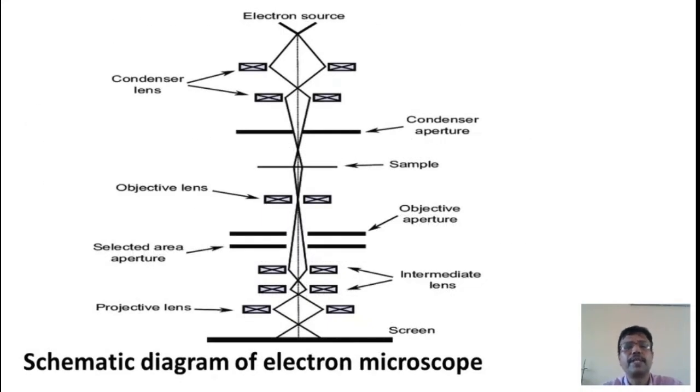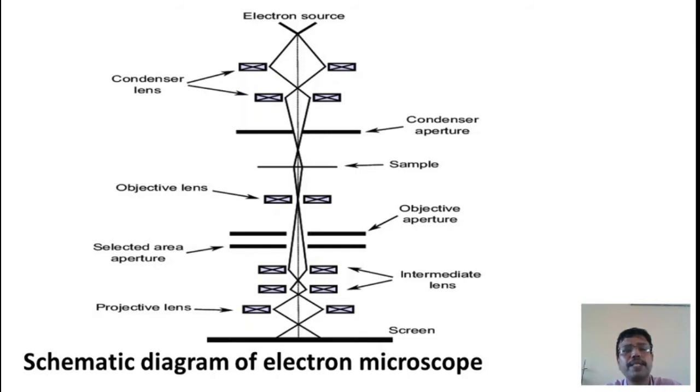Then come to the working of the electron microscope. I already mentioned that three lenses are used: the magnetic condenser lens, the magnetic objective lens, and the magnetic projector lens. All three lenses are made with a coil, not glass materials. Whenever current flows through the coil, a magnetic field is produced. By proper adjustment of the magnetic field, it acts like a magnetic lens. What is a lens? Generally, a lens is an optical medium bounded by two surfaces, with at least one surface either spherical or cylindrical.